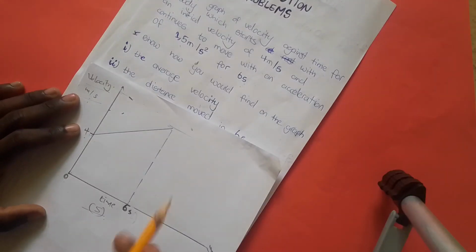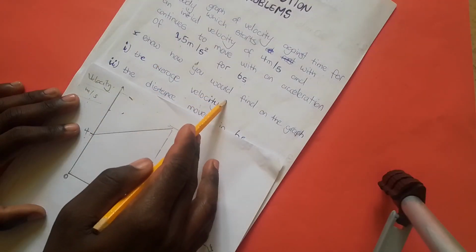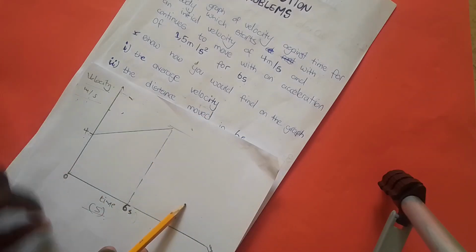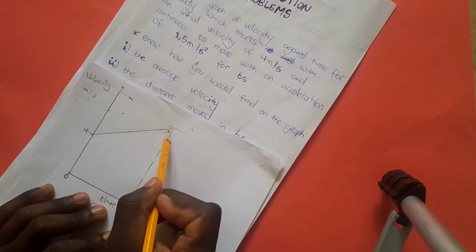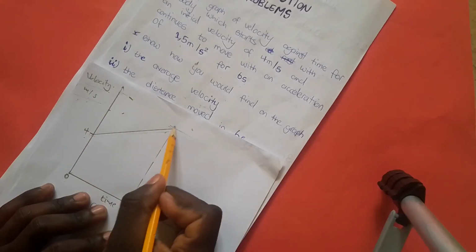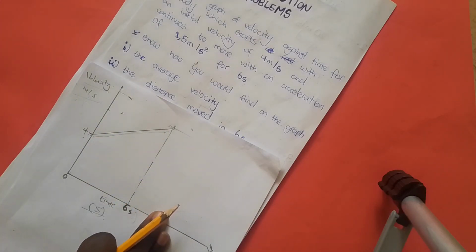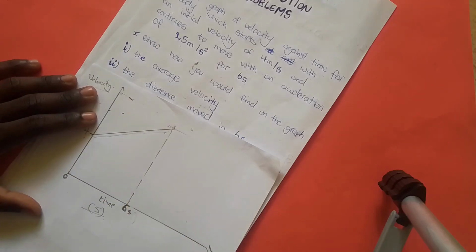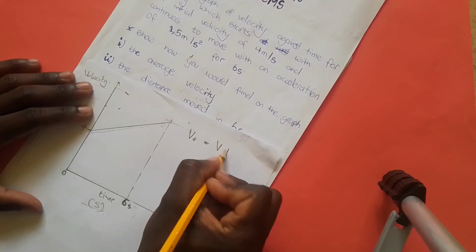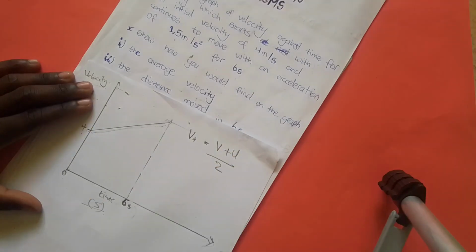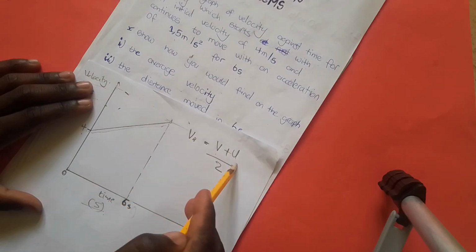Okay, so question 1 is saying show how you would find on the graph the average velocity, right? The average velocity. If you can see here, the velocity is constantly increasing, right? From 4 up to unknown, the velocity is constantly increasing. So we want the average velocity. How can we find the average velocity? The average velocity is equal to v plus u over 2. The average velocity is going to be equal to final velocity plus the initial velocity divided